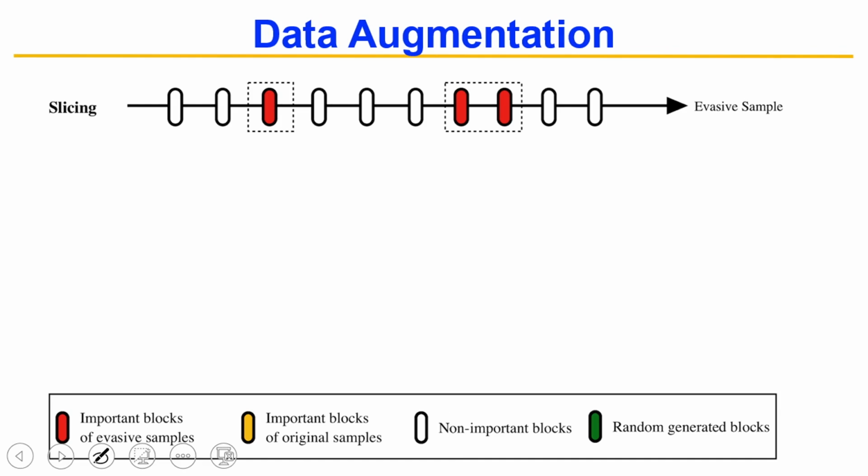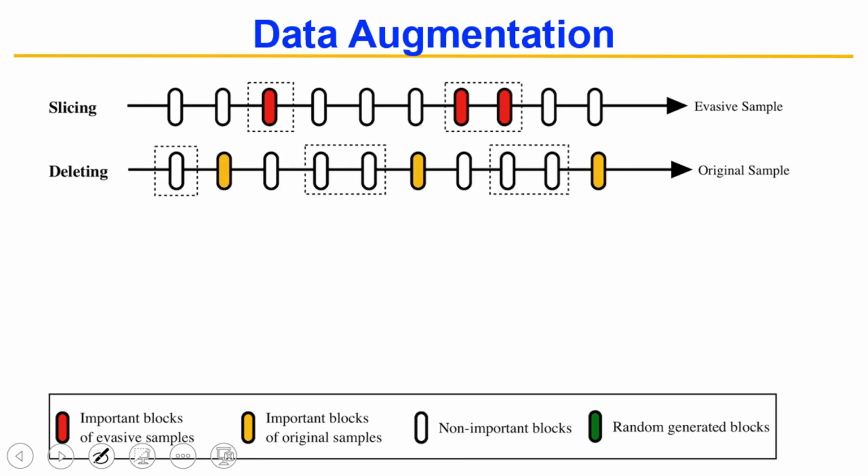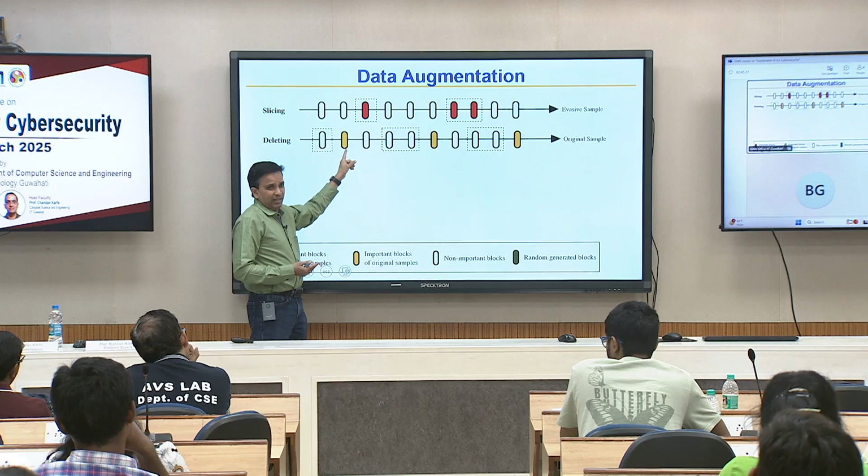So, those are the important ones in an evasive sample, and here is the original sample, and even these white ones are not important, but these ones are important in the original sample, something distinguishing. Now, normally it may seem like, well, in the original sample none of them are detrimental anyway, but remember the victim wants a certain type of code to be there